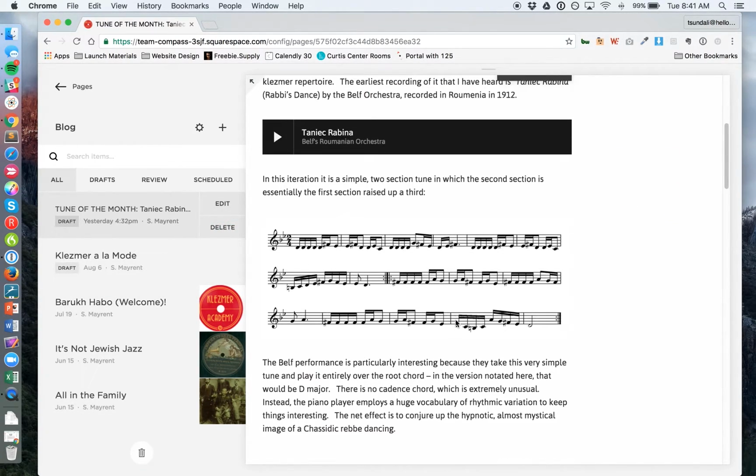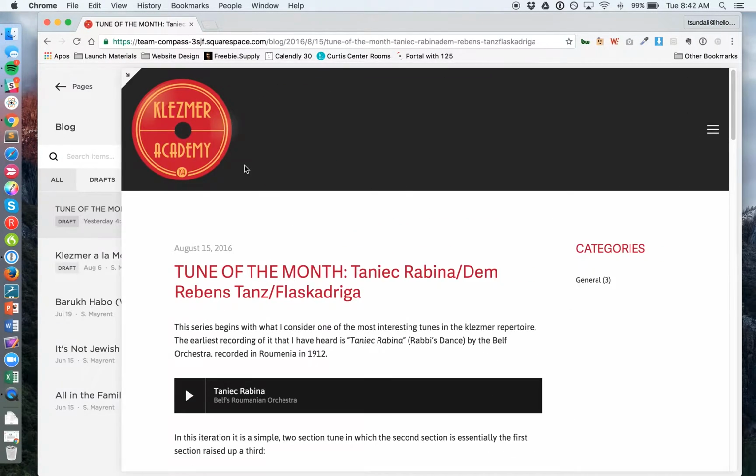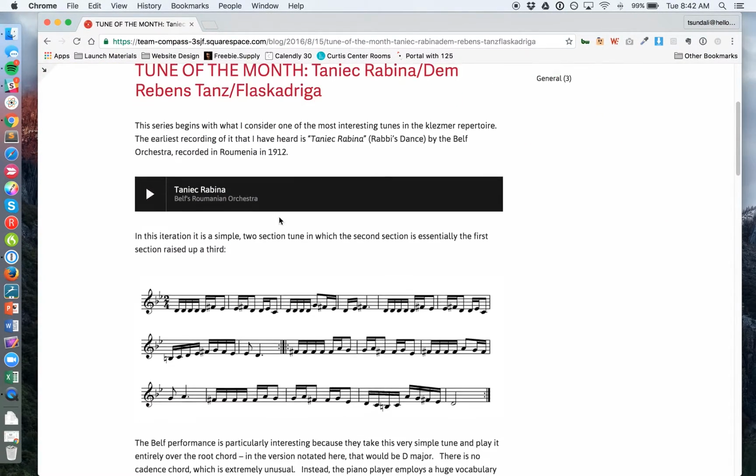Today I'm going to show you how to edit blog posts, and in particular how to move things like photos and get the text and other elements of the blog post to flow around the photos. This is a common request that we get, and just to show you the problem that I'm dealing with immediately